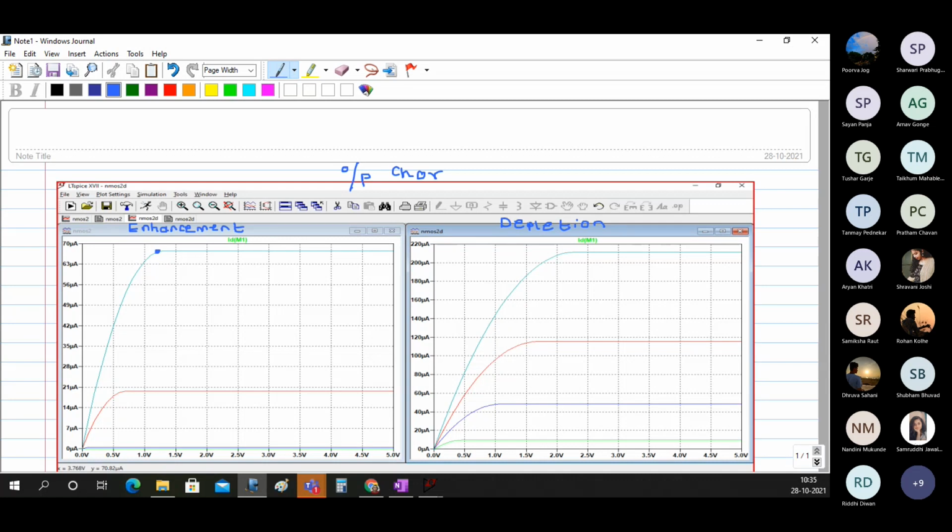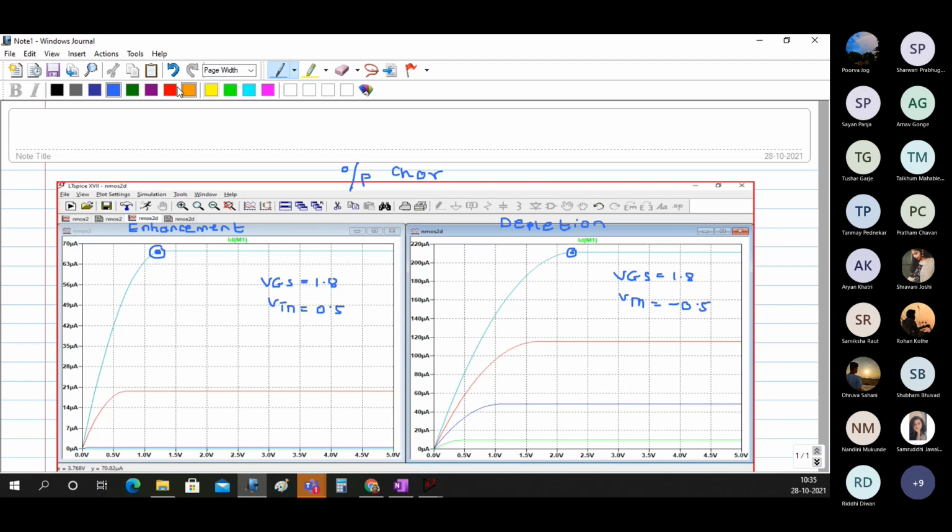Now if you look at this point, these points are for the same value of VGS. At this point your VGS is 1.8, and here also VGS is 1.8. Threshold voltage here is 0.5 and VTN here is minus 0.5.